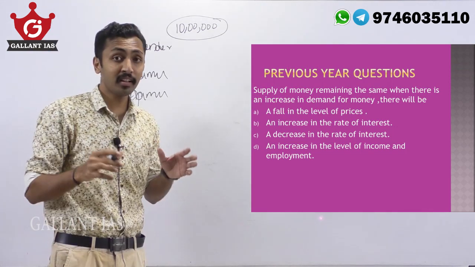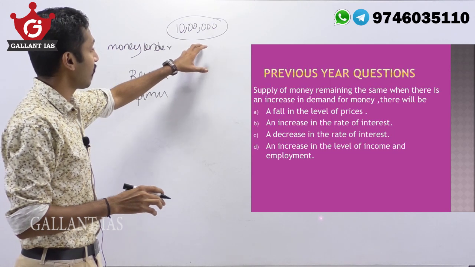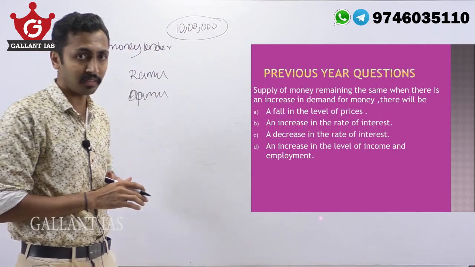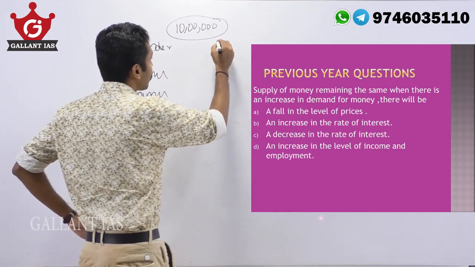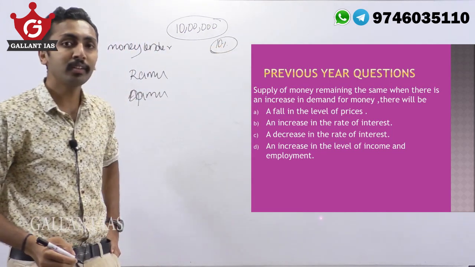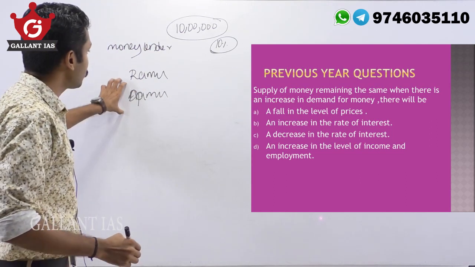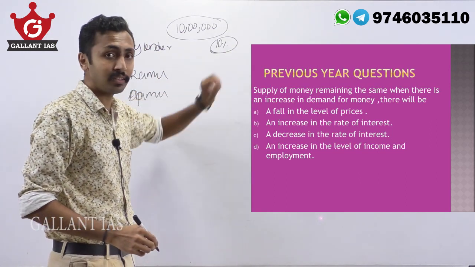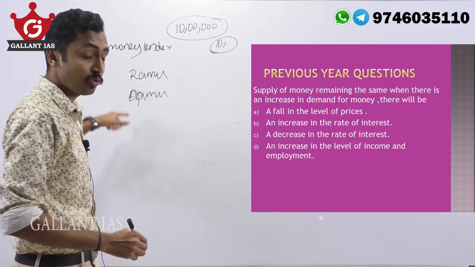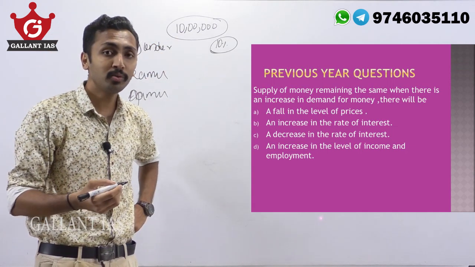You could give by dividing this 10 lakh rupees and giving to each of them, but you are ready to give to one person. And your interest rate is around 10%. Both of these 2 persons are ready to give you this 10% interest. But you cannot give this 10 lakh rupees to both. So what will you do?